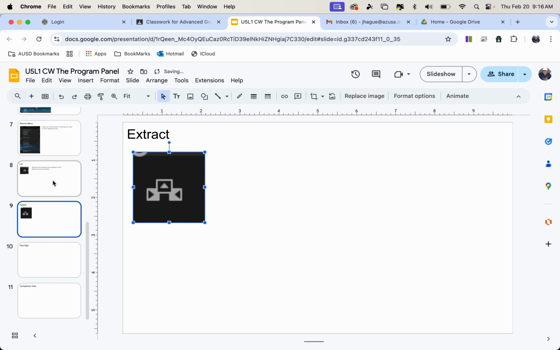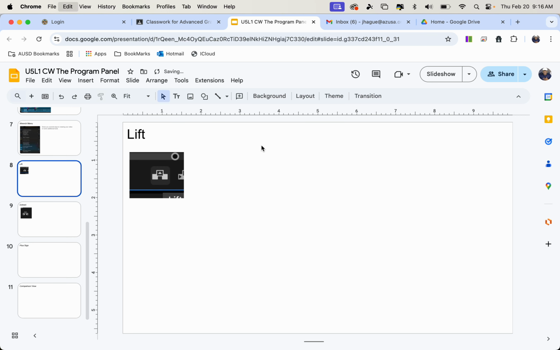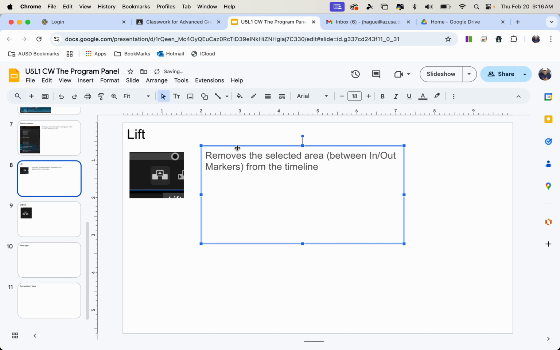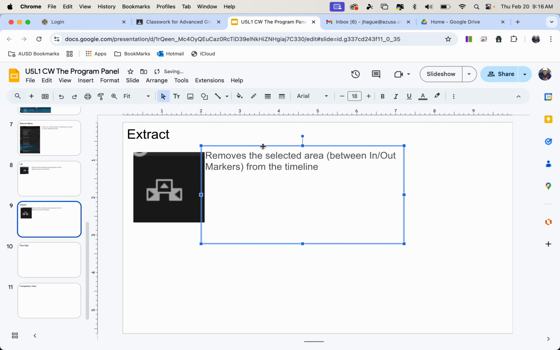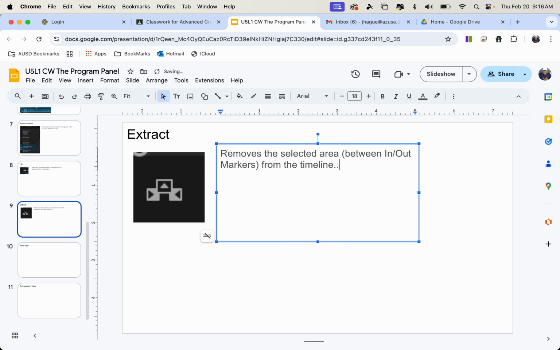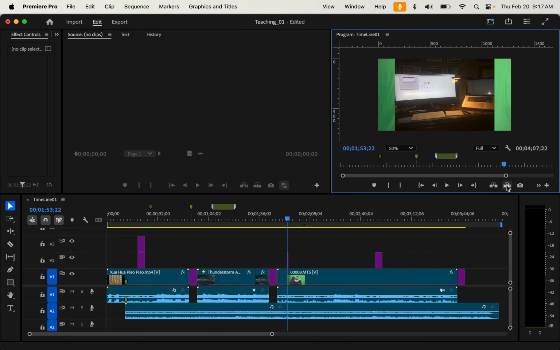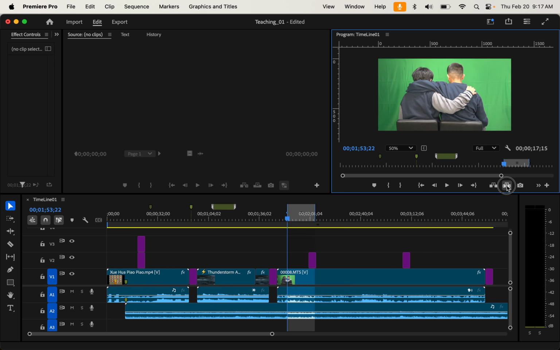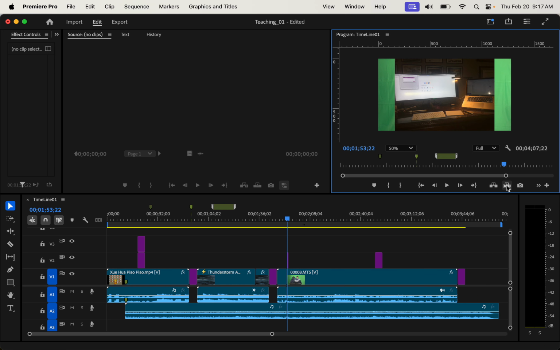And basically it does the same thing as lift. It removes the selected area from the timeline, but removes the gap left over. With this icon, you'll see that it shortens the video. So click on that and press undo, Command Z, Z as in zebra. Go ahead and do that and just do it back and forth. You'll notice that the timeline shrinks. See that? Okay. So that's what it does. So it could be of use to